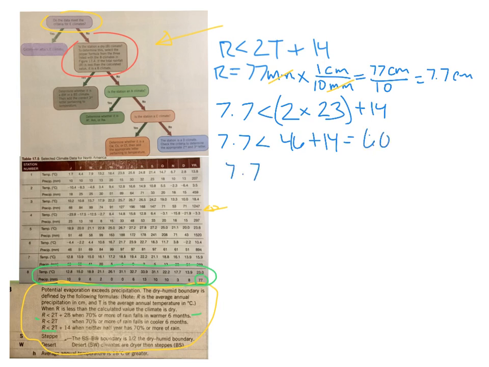So is 7.7 less than 60? Yes, it is. Therefore, this would equal a dry